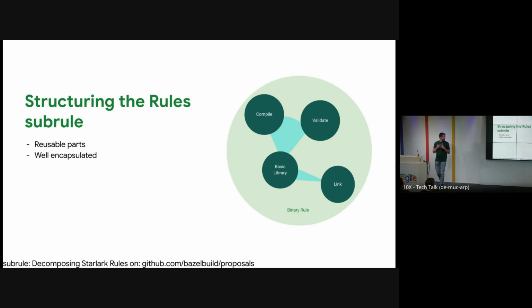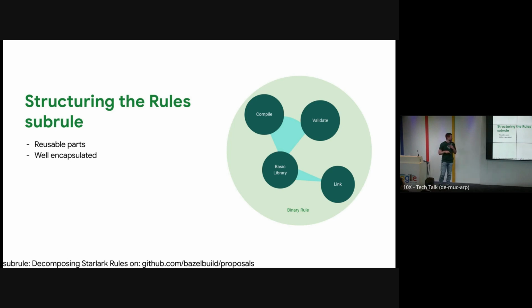Second API that we are working on at present is subrule. This one is more about structuring the rule. The origin of this idea is coming from previously proposed coding guidelines. There was a ton of user response on those coding guidelines that it's hard to just follow the guidelines, that we actually need an API that enforces these guidelines.